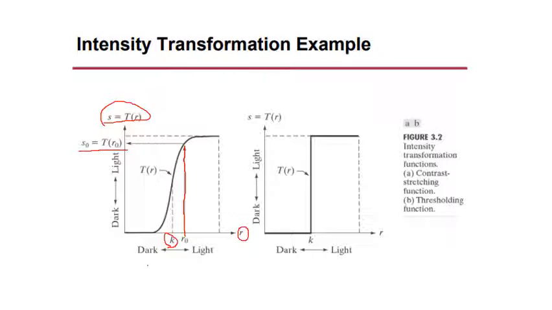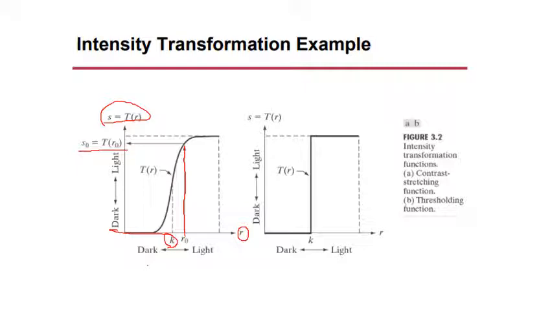So making lighter values lighter, darker values darker. That's why the curve looks like that. If the value of r is less than k, you see it is less. When the value of r is greater than k, say for example we take the value r naught, we have made the value much higher. So we are doing something known as contrast stretching.